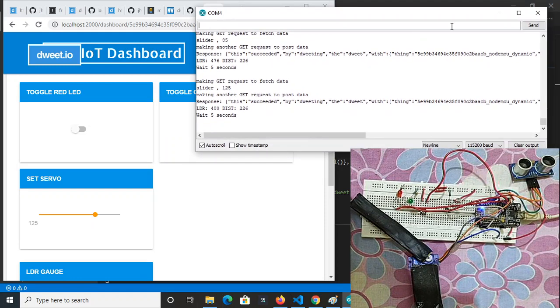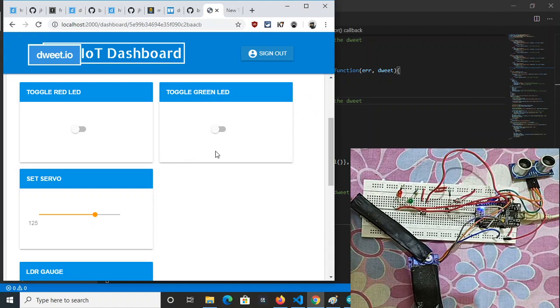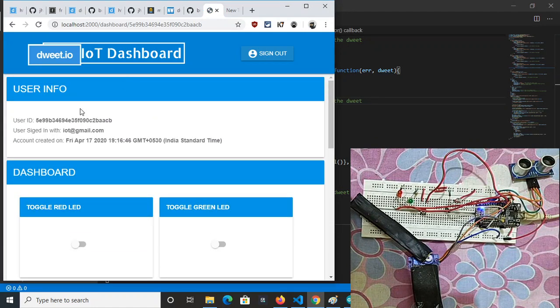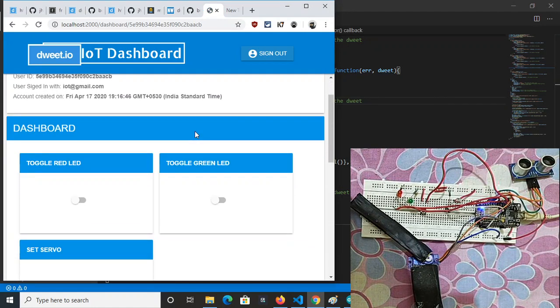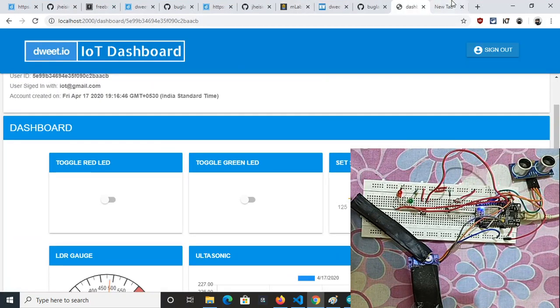Now you will get a basic idea of how HTTP works with NodeMCU and how this dashboard works. You can say this is an HTTP REST API based IoT dashboard. It is slow and not as good as MQTT, but it can be useful for many projects.